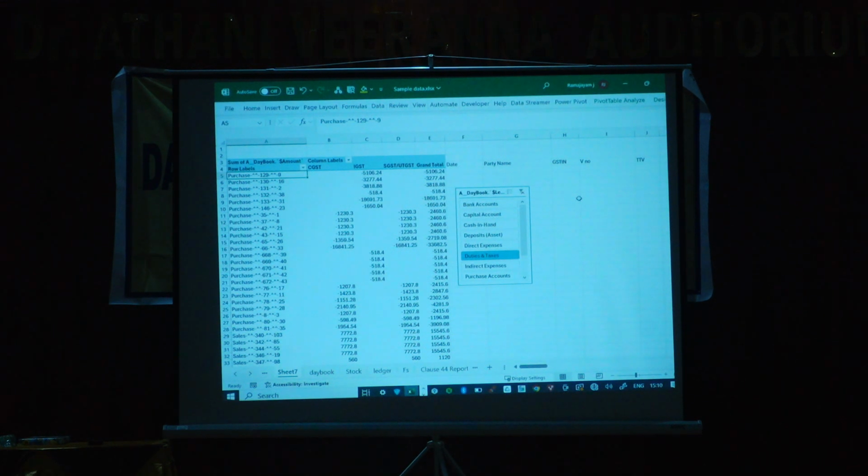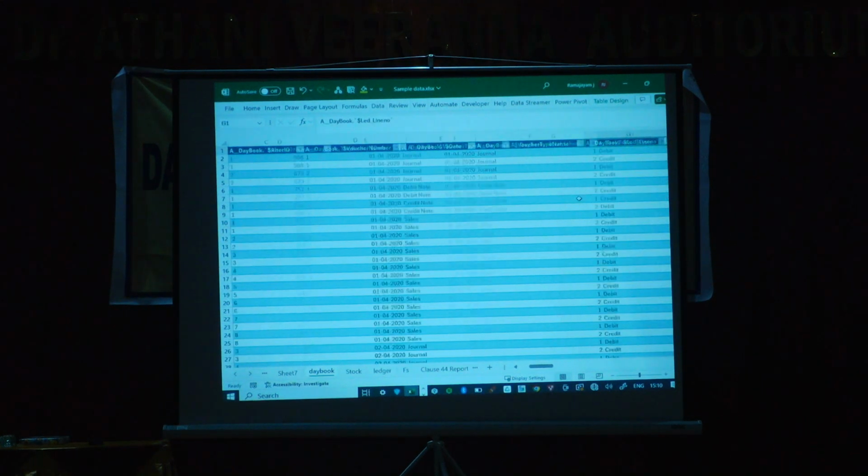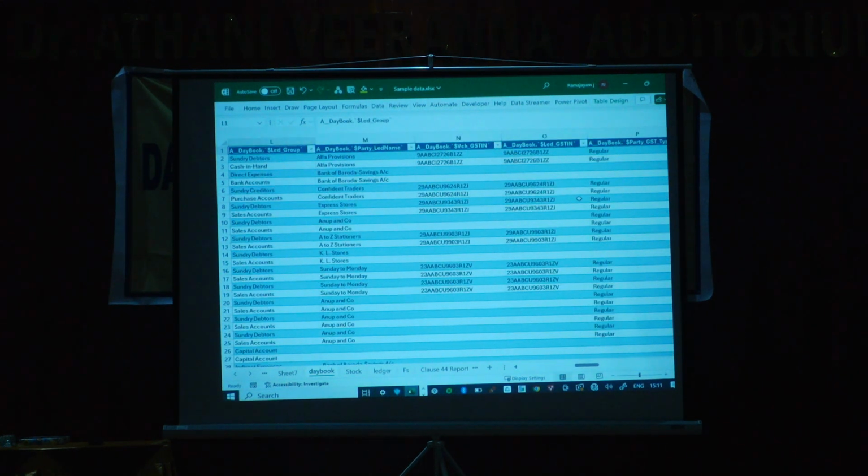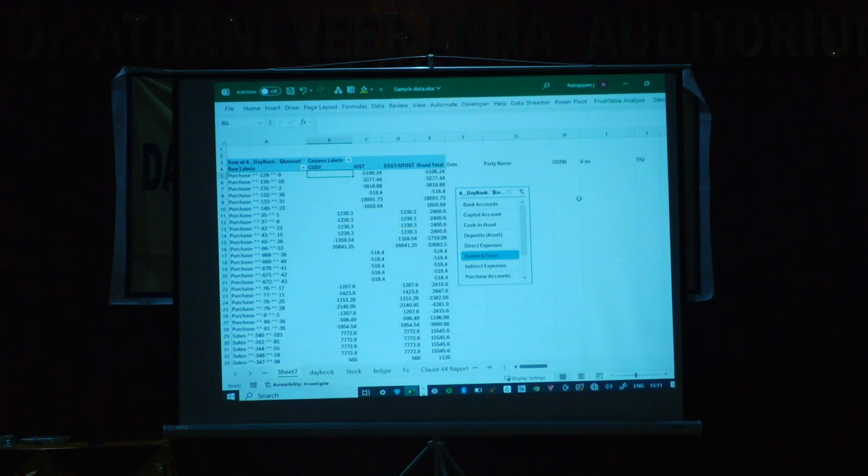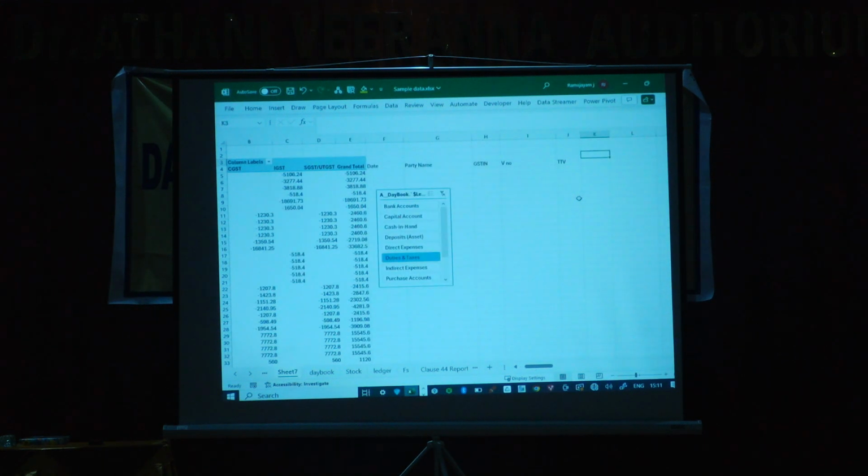2 GST numbers are given. Party name is also there. I'll show you. Party ledger name, GST number. Voucher number. Again, the vendor voucher number also is there. Total taxable value, again a sum formula. With this, I'll get a big array listing all the items which are taking a debit or credit to the CGST or SGST related ledgers, and I get a big array, and I can simply type here,